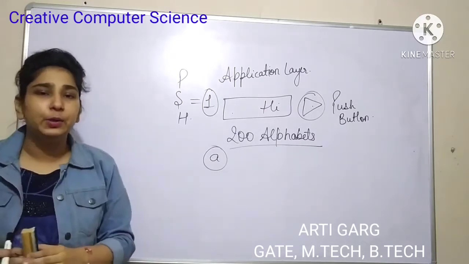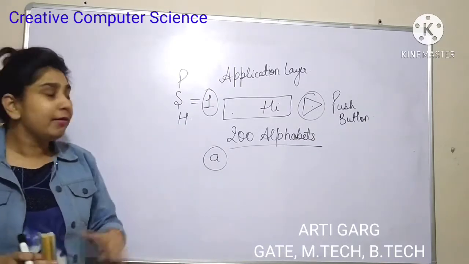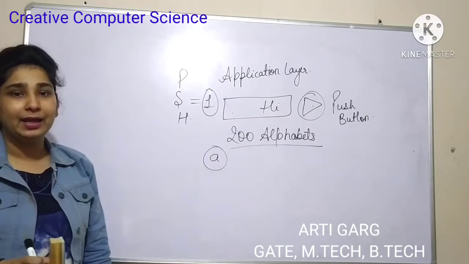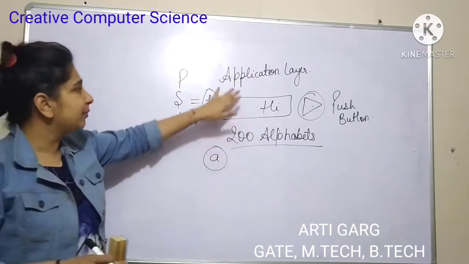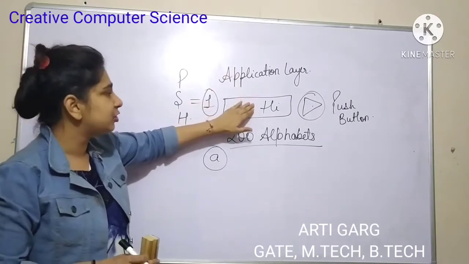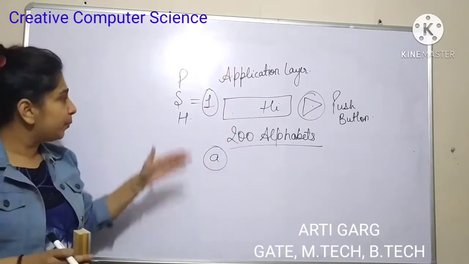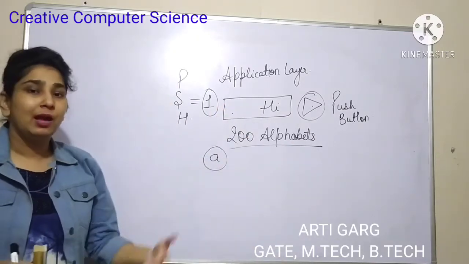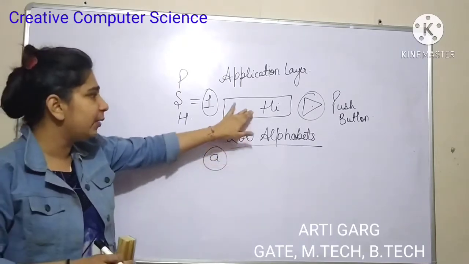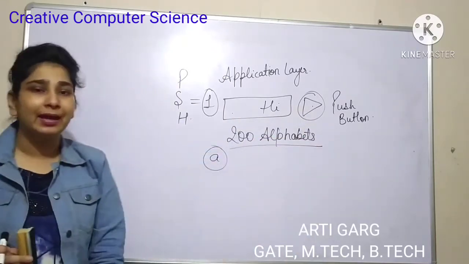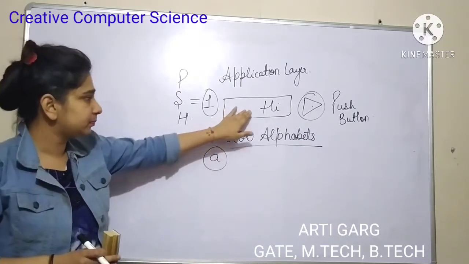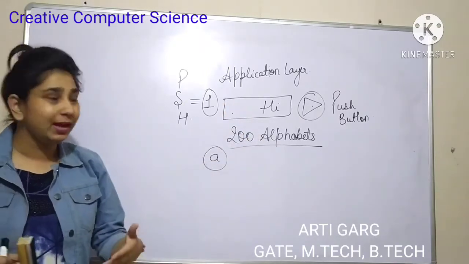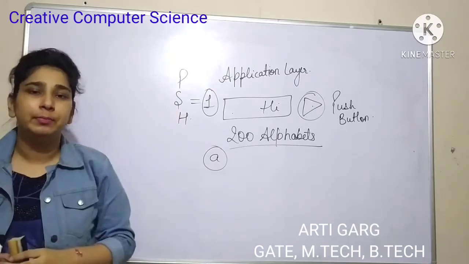I hope that you are clear with the push field. Push field simply says that without completely filling the buffer, you can send. You are getting lots of data from the application layer and that data is getting stored in the buffer. The push field says you don't need to completely fill your buffer. However much data you have, just write it down and push it, because it will help you with faster communication. You can communicate faster with the help of the push bit.